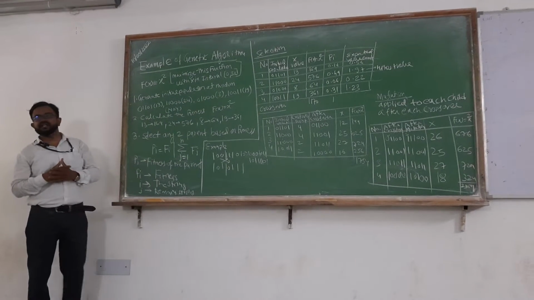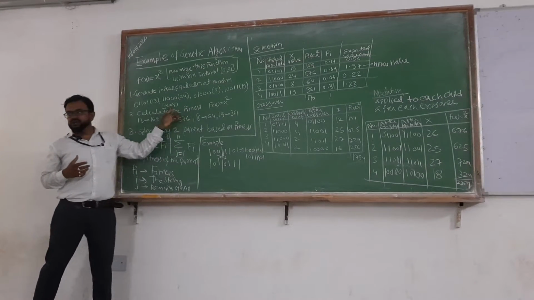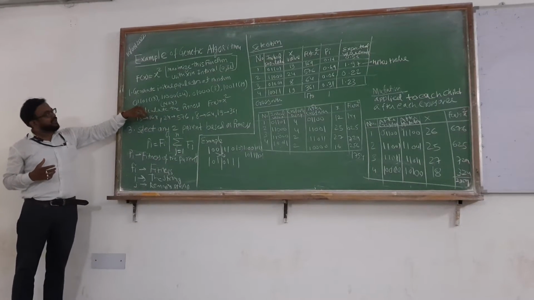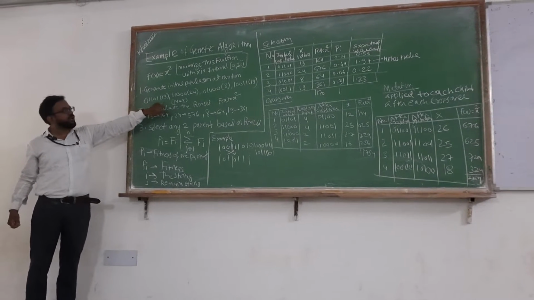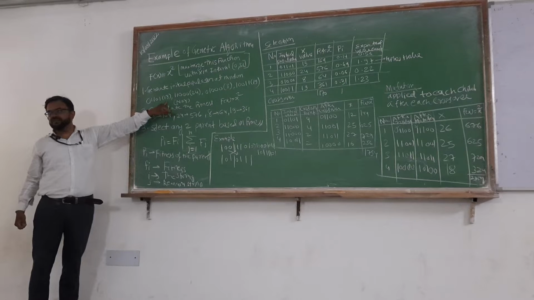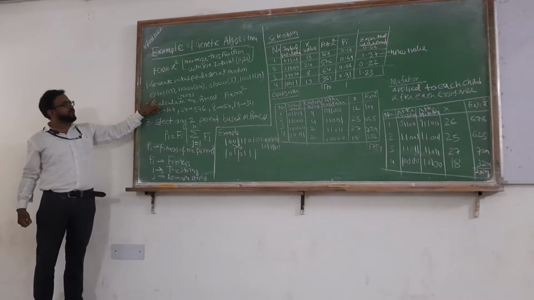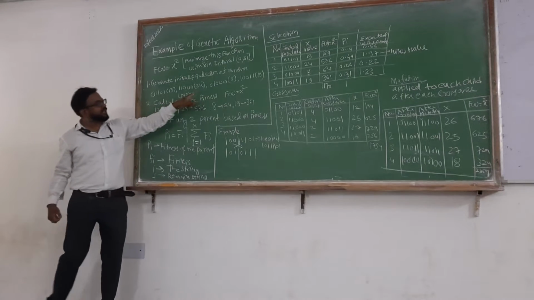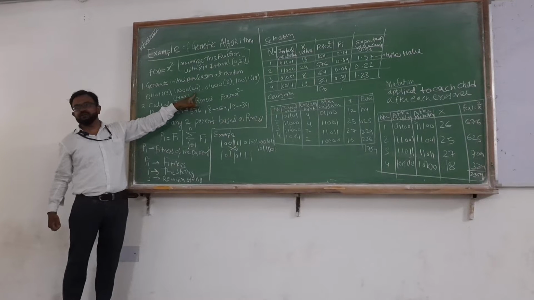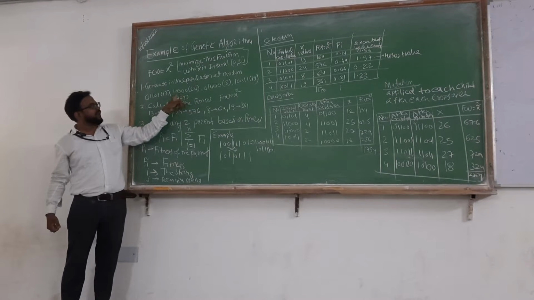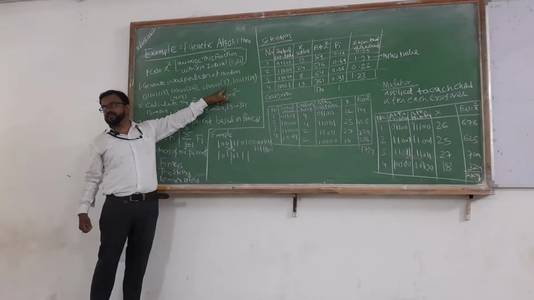So here we are selecting 4 individuals, N is equal to 4. Here we are taking the binary value, for example x is equal to 13 in decimal terms. What is the binary conversion of decimal number 13? That is 01101. Similarly, what is the binary conversion of decimal number 24? 11000. And what is the binary conversion of decimal number 8?